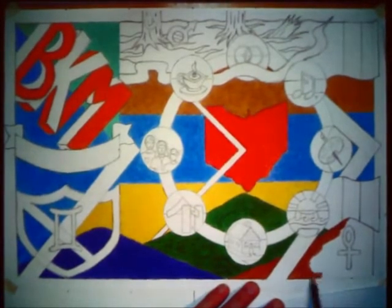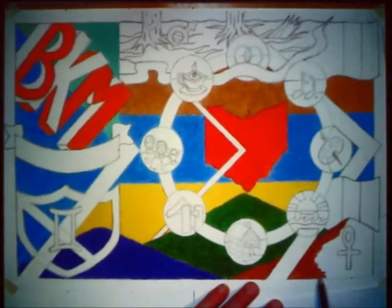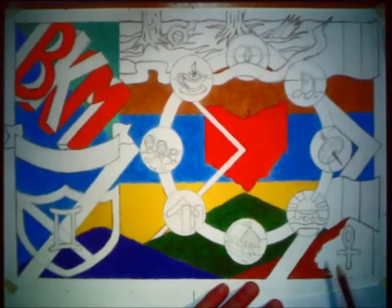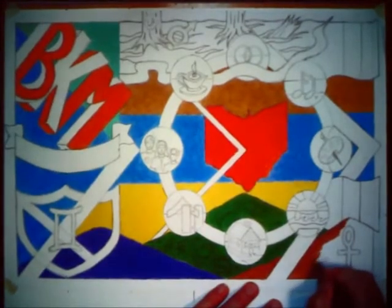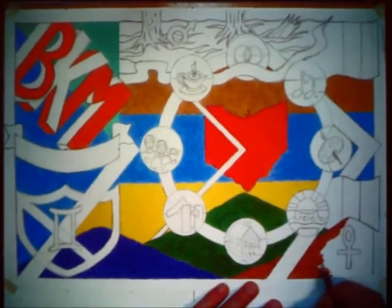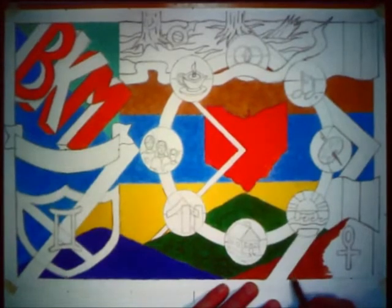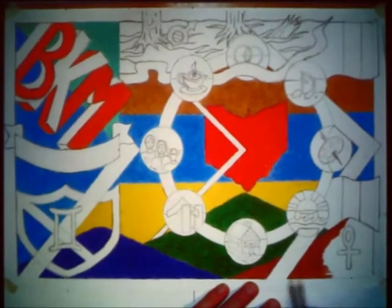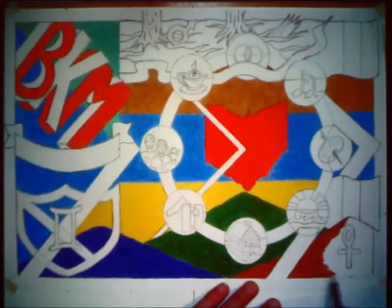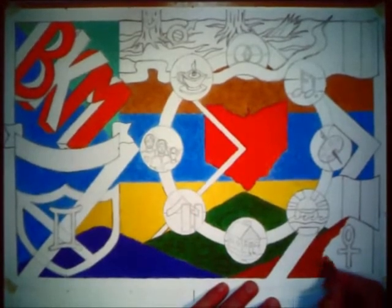You don't always get precisely the same results, even if you're attempting to duplicate exactly what I'm doing, except for the content. You're still going to always have some sort of difference in the outcome based on the product that you're using, the materials that we're coloring this with, or you may not be using the same type of colored pencils as I'm using. I'm simply using Crayola pencils right now, to be honest. And I've always found them to actually be more than adequate to do the job for many things I've created over the years. Nice firm leads that don't snap off real easy,